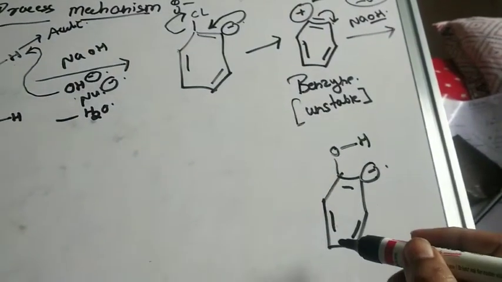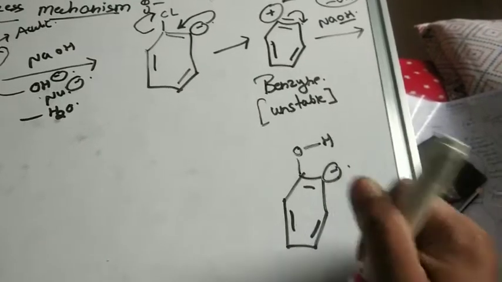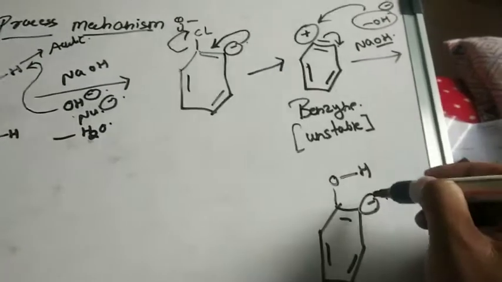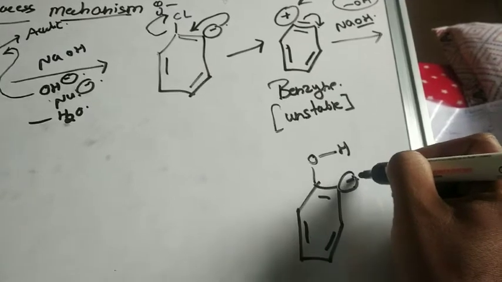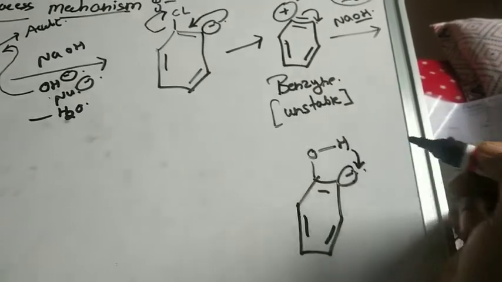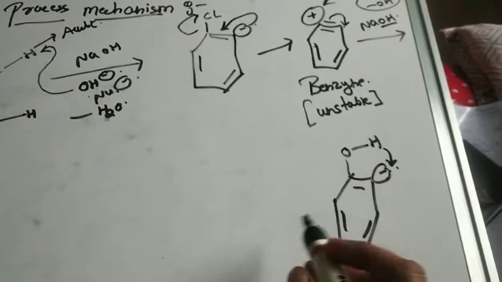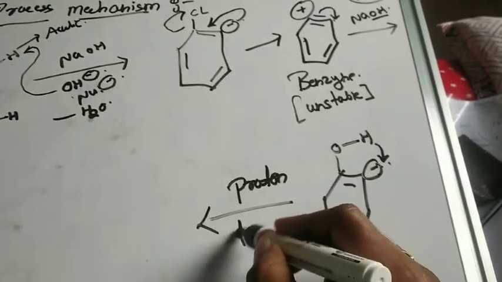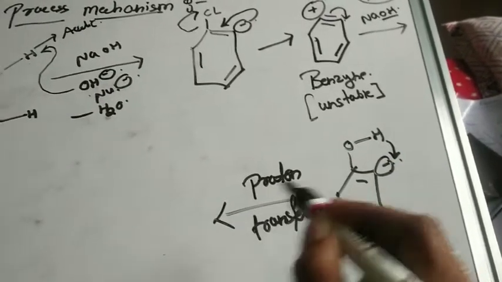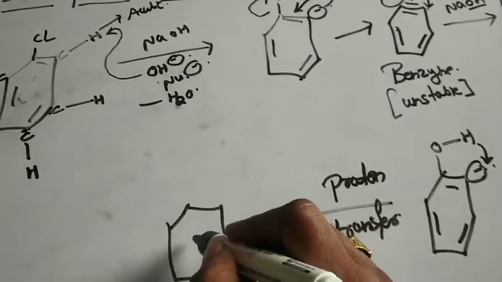So what will happen now? Is the phenol formed? No, we have to stabilize this negative charge. This negative charge is not stabilized yet, right? So what we are going to do here, the rearrangement is possible. That means the proton transfer is possible, right? So here this hydrogen will get attached or come back to its original position, right? So we can say proton transfer. Proton transfer is taking place, right? So in this case, the molecule formed is like this.